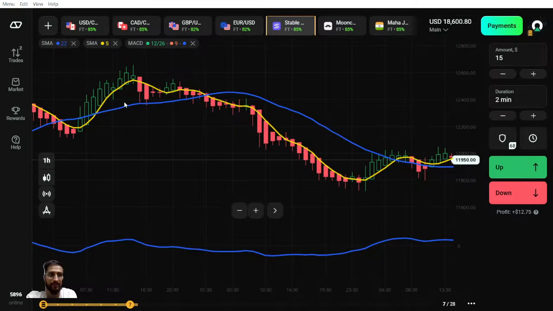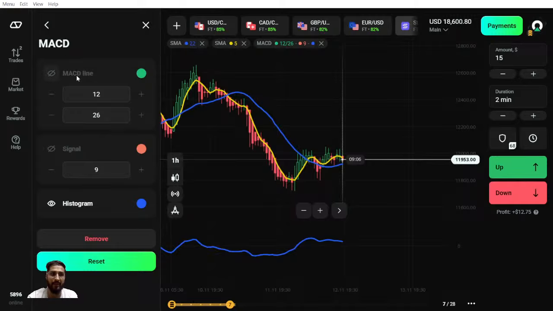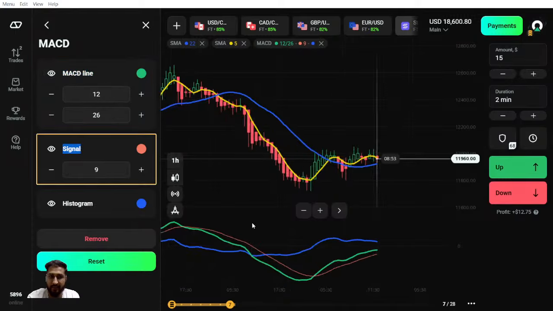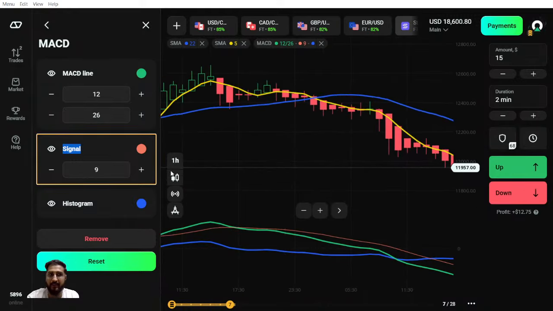Now let's talk about the third confirmation, which we are getting from the MACD. There is a base level when you apply it for the first time, so that's how it is going to look. There are three major things: MACD line, signal line, and histogram. Whenever the MACD line and signal line intersect each other, the MACD line direction can be the direction of the market. But if you think it's too complicated, with so many colorful lines, observe when the MACD line is intersecting the signal line, and in which direction. At the same time, the histogram is also intersecting the base level on the same side.